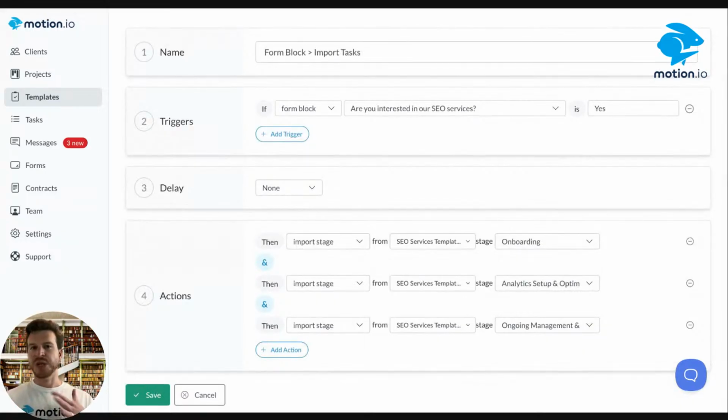So I haven't really explained yet what this automation is doing. So let me take a second, quickly explain and show you how this is going to work. So in my onboarding form, I have a question that asks the client, are you interested in SEO services? And if they answer yes, what I'm going to do is selectively import stages related to the SEO services I provide. And the reason why I really love the ability to use form blocks in your automations is it can